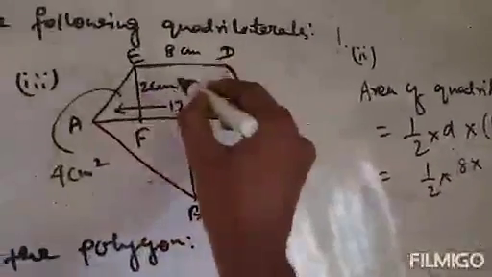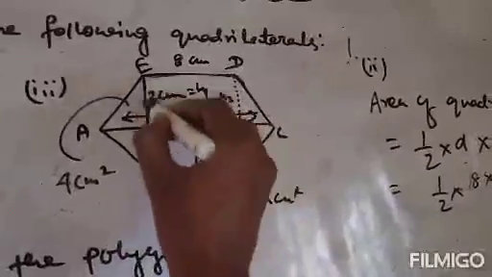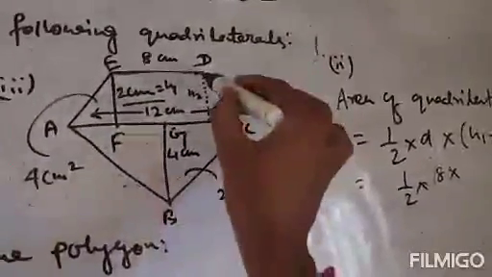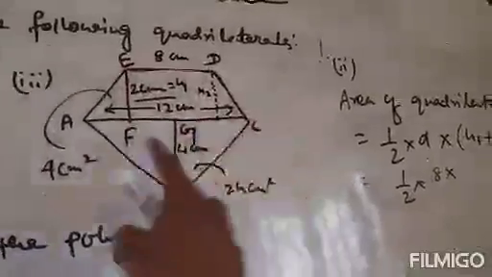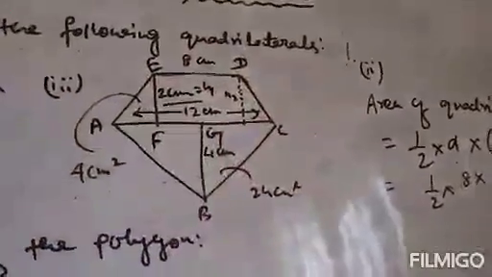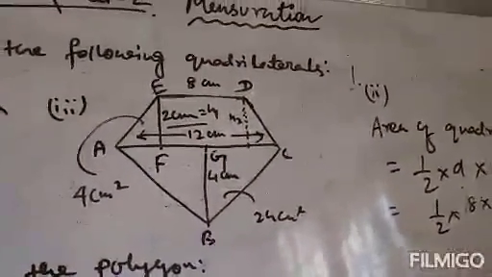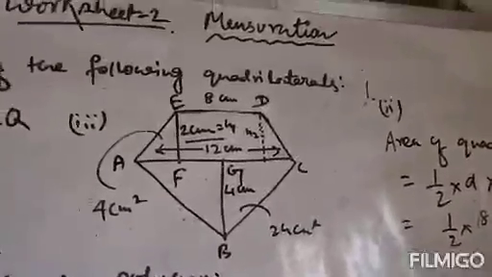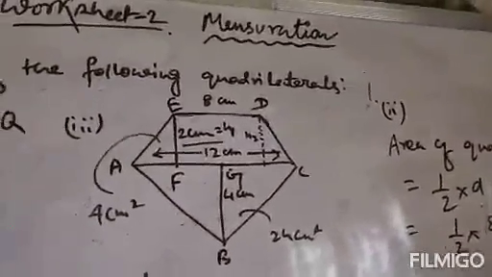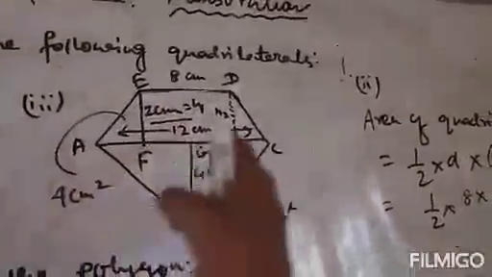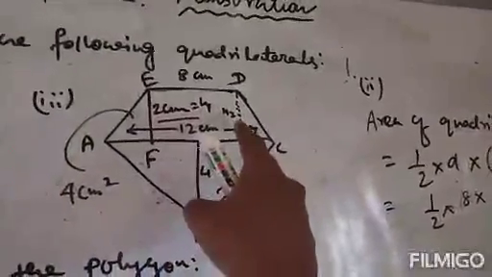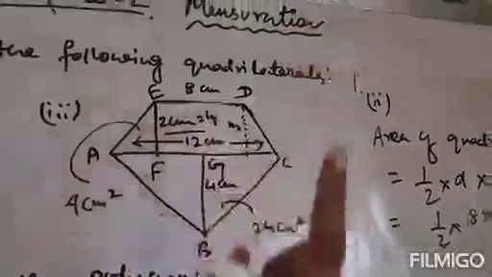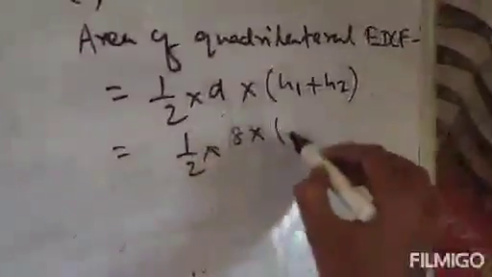If this is H1, that is 2 centimeter, then H2 will be this, and it will also be 2 centimeter, because in the same quadrilateral the height cannot be different. The height should be the same. That means if this is 2 centimeter, this is also 2 centimeter. So if this is H1, this is H2. So both are 2 centimeter, and that means it will be 2 plus 2